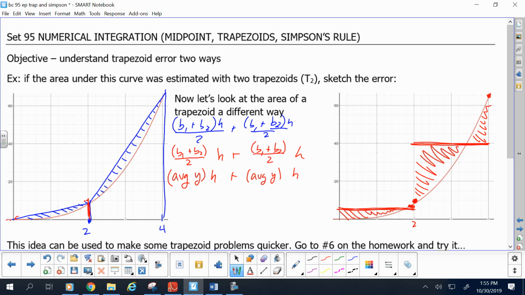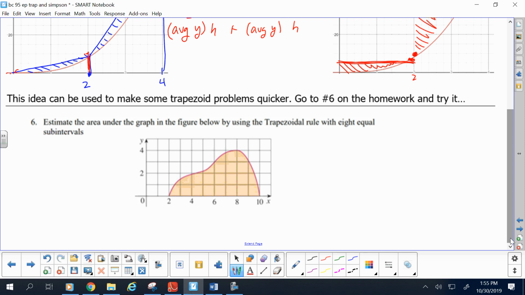Now, the idea of being a quick trapezoid estimator, just average the two parallels, is useful on a lot of problems. So, for example, on the homework, if you didn't do this problem on the homework, get it out now. Let's crank this one out. I think I changed it to 4 for you guys, yeah? Did I? Okay. So, rather than using that trapezoid rule, I'm going to do some quick